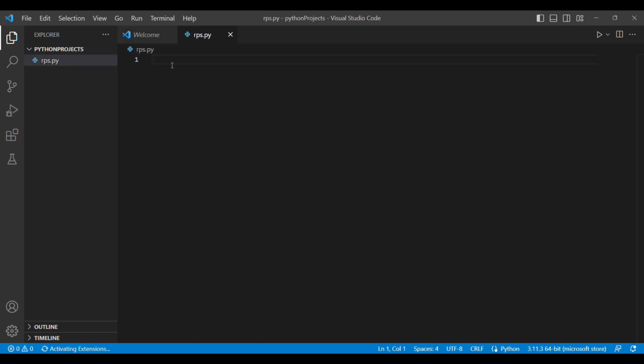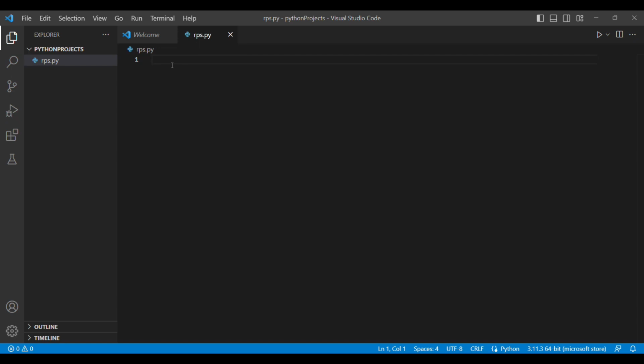So in here, the first thing we need to do is get a plan for what we're going to do. We're going to be using functions to organize our code, and we're going to be using a new statement that we have not seen before, which is the import statement. So let's start with that. What does the import statement do? The import statement takes code that other people wrote and puts it inside your code.